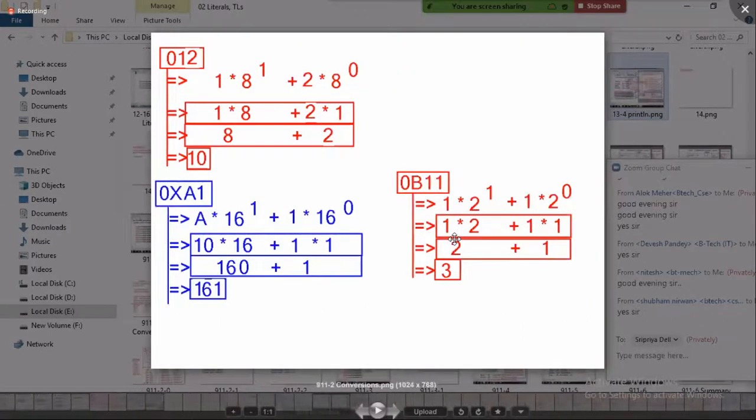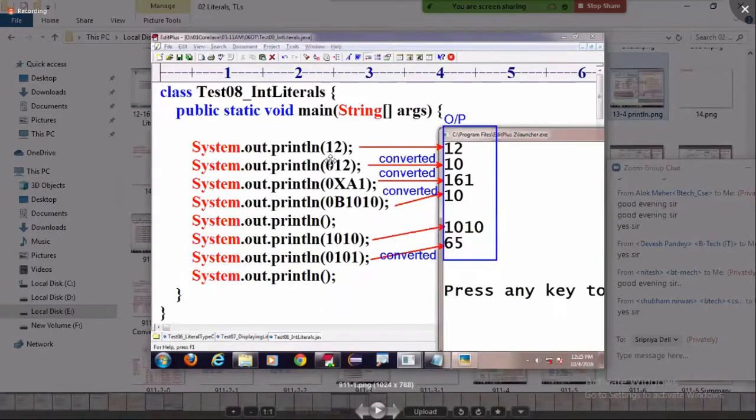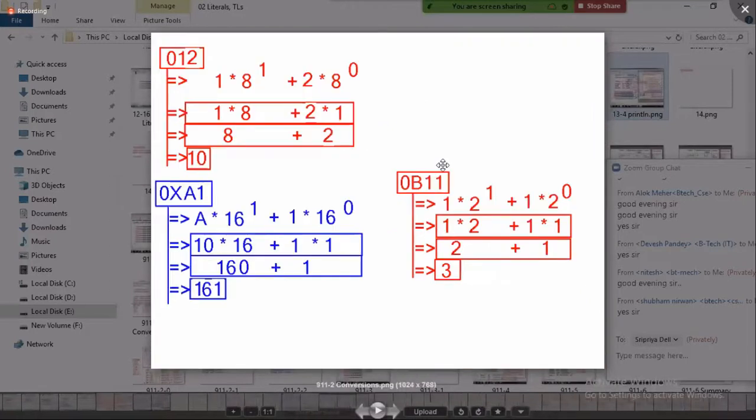Let us see a small test case. If you take an octal number, it is converted to decimal. How? I told you, multiplications of its base. First you remove this 0, take 1 and 2.